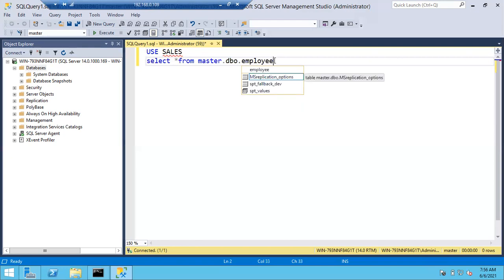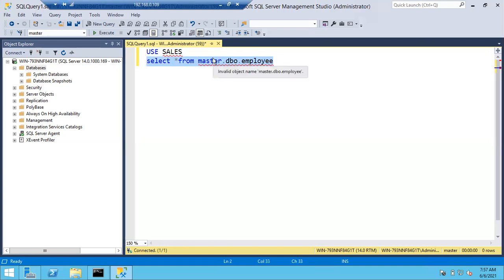So this is also fine. Select, insert, update, delete, anything. Either you can see this one, database name, schema name, and table name, or else if you mention it like this, this is also fine. At least this or this, anything should be there in the beginning of the script. If they don't mention the database, then you have to open the script and check on which database I have to execute. In case they mention the database name like this or like this, you can directly execute the script.